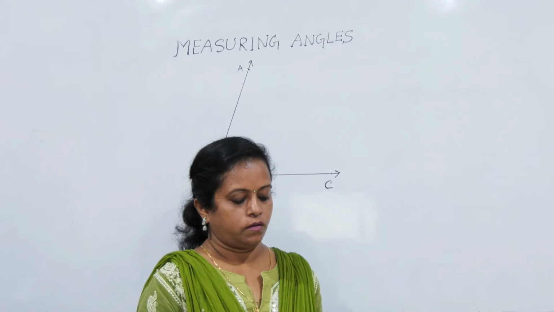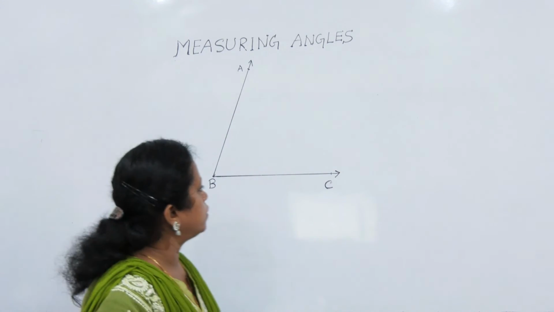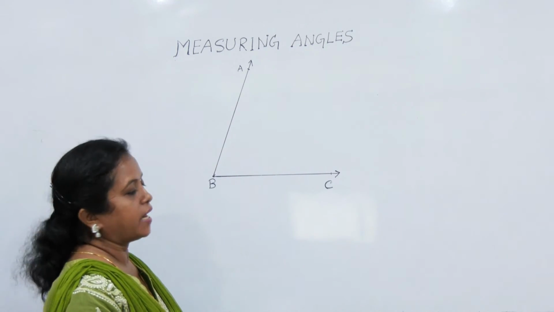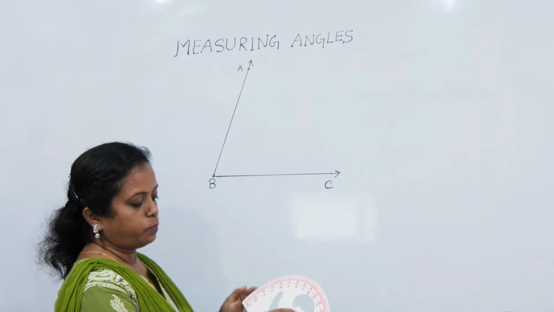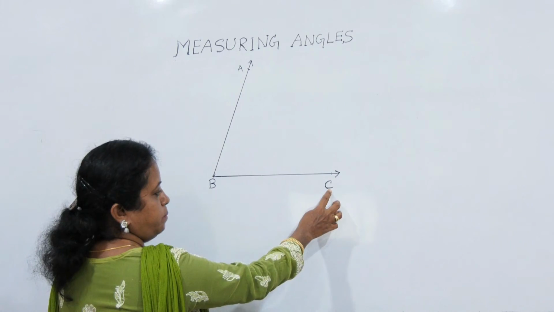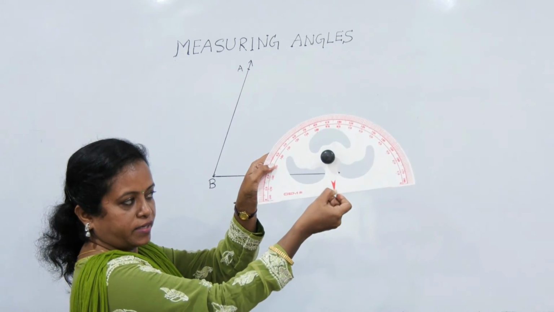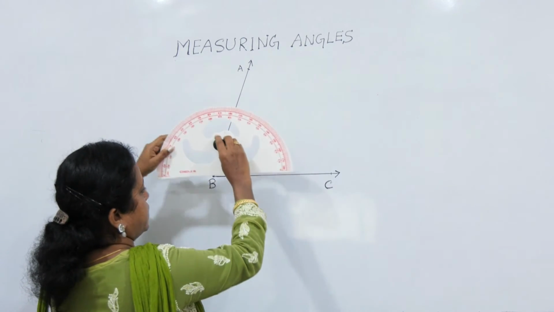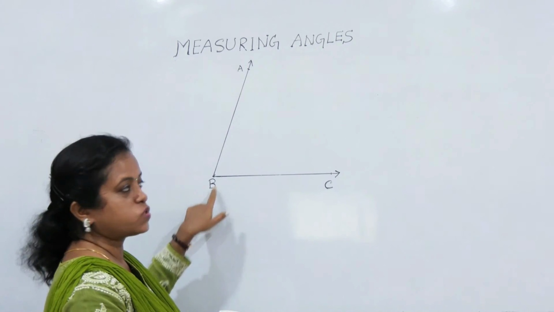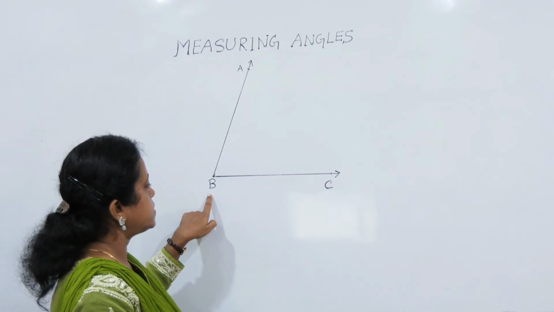Okay? Now I will teach you how to measure an angle using a protractor. So on the screen you can see an angle which is made, and I want to know what is the measure of this angle. Now I have to place the protractor on the base of the angle. This ray BC is called the base of the angle, in such a way that the midpoint of the protractor lies on the vertex B. Remember, B is the vertex where the two rays meet, AB and CB meet at the point B.